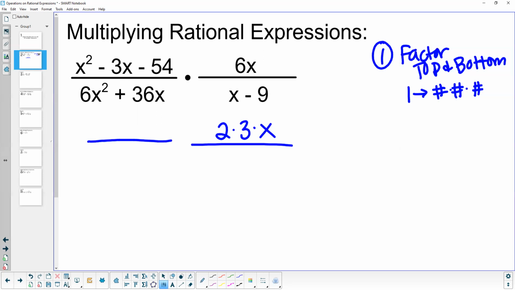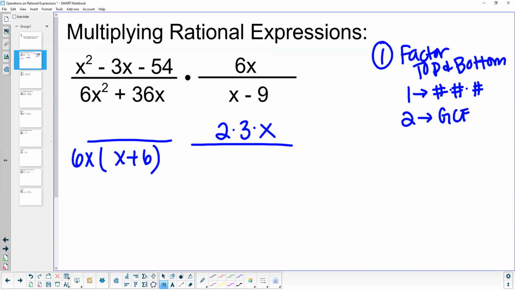Now, we have no other single term pieces, so then we have two term pieces. The very first thing we want to do is check to see if it has a greatest common factor. So looking at this one on the right here, this x minus 9, that does not have a greatest common factor, so we're going to leave it there for a second. The one on the left does have a greatest common factor, and that's going to be a 6x. So we factor out a 6x, and we end up getting 6, and we end up getting x plus 6